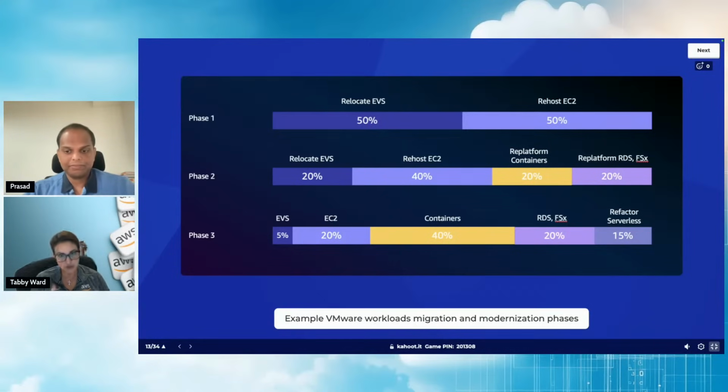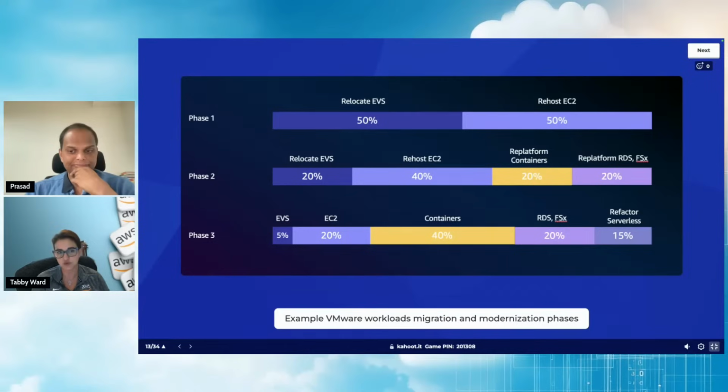Phase 2, after you've done that and you're fully on AWS, you revisit, right? And then you decide, okay, 20% or 30% of the EVS still can come out, and you can re-platform, go to containers or managed services. And the journey continues. Phase 3, again, it's not a magical bullet that happens overnight. It needs assessment, thorough analysis, application compatibility.